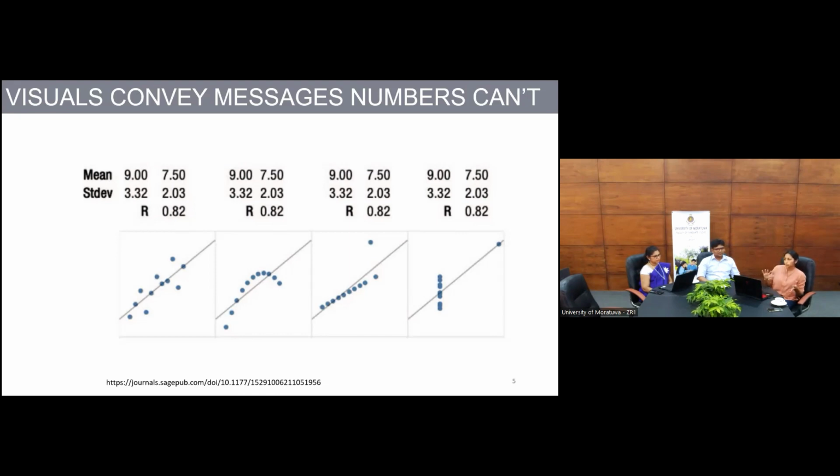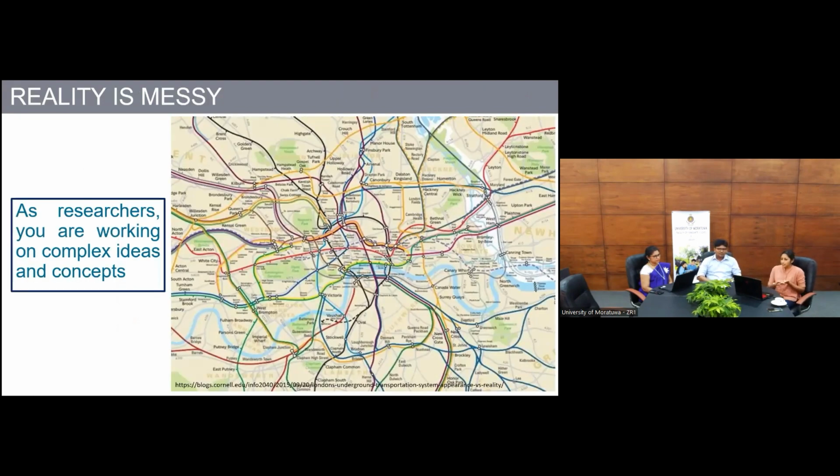So coming back to you guys and the research that you are all doing, as researchers, you are working with complex ideas and concepts. So let me direct you to an example which one of my professors gave me when I was a new postgraduate student, and the example has stayed with me out of its pure visual power, I guess. So this picture over here is a picture of the London Underground map. So you have all of these different tube lines connecting to each other. This is overlaid on an actual map.